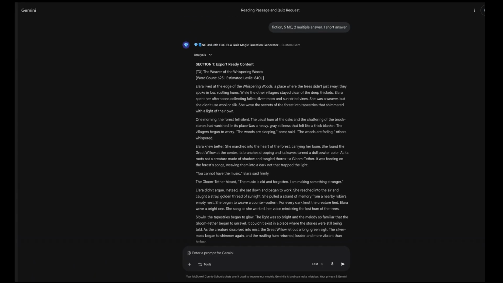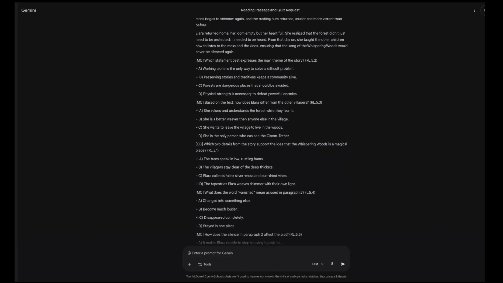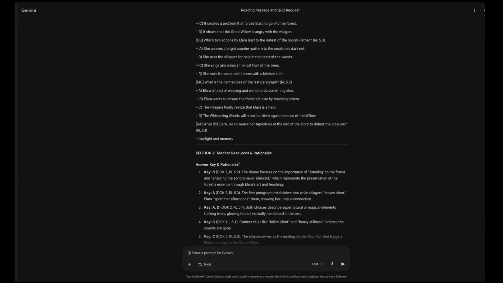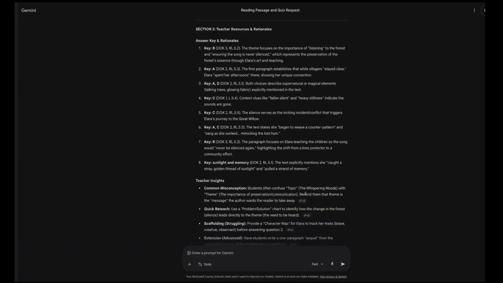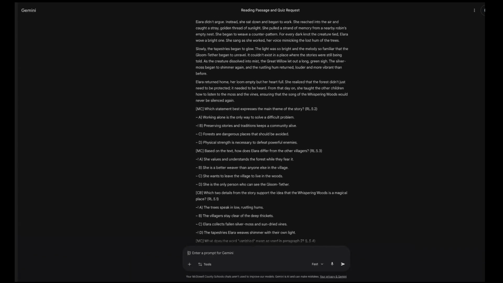So with this, it produced our passage. It tells the word count. It tells the estimated Lexile level. There's your questions. And then section 2 is the rationale and answer key for you as the teacher. It also brings in the scaffolding and the teacher insights so that if you need to reteach, you're certainly able